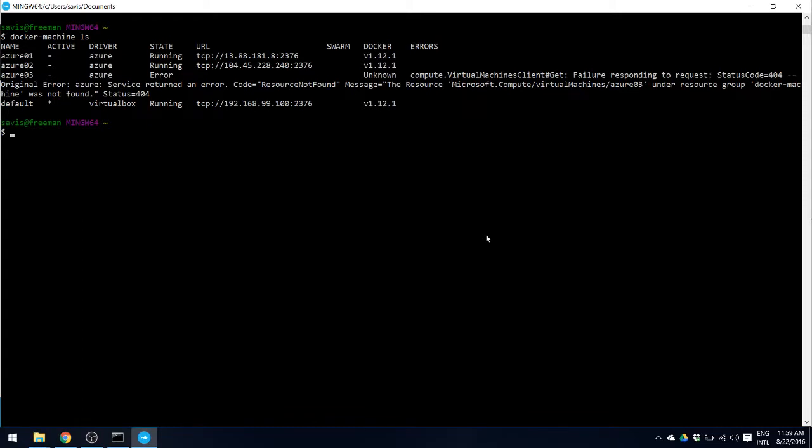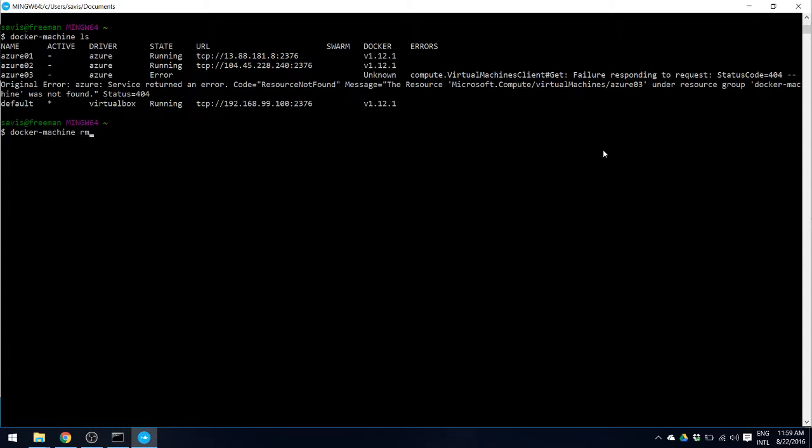Machine Azure 03 in our docker-machine ls has returned some weird little error message, and this looks like possibly a Docker bug that it did not clean up after itself. So let's go ahead and delete this Azure 03, which is basically a corrupted kind of instance.